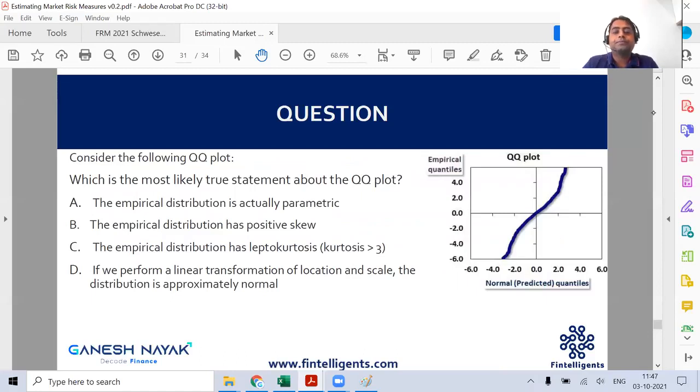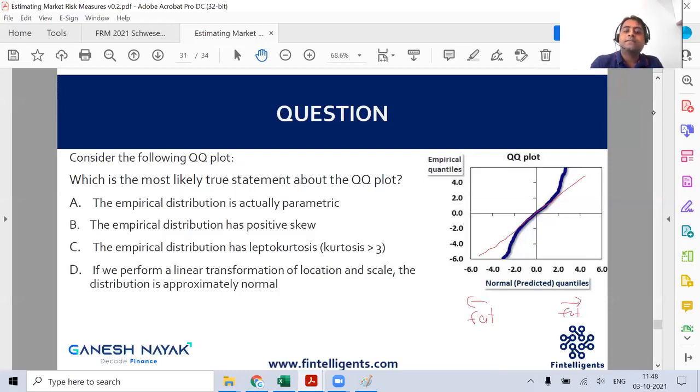Come on, guys. Look at the diagram properly. So your assumed distribution should look like this. So in this case, the left hand side is flat or fatter. The right hand side is also fatter. Fairly simple.